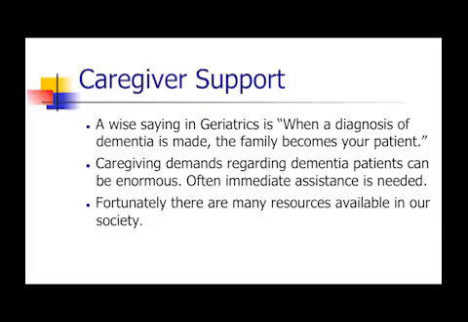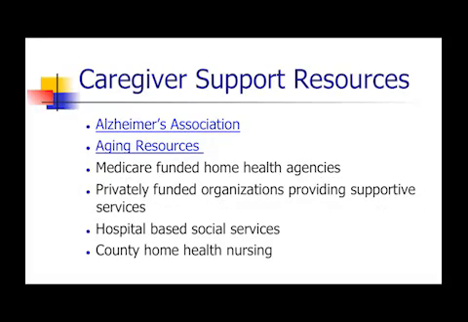Caregiver support. A wise saying in geriatrics is when you make the diagnosis of dementia, the family becomes your patient. Caregiving demands regarding dementia patients can be enormous. Often immediate assistance is needed. Fortunately, there are many resources available in our society, and we need to talk about caregiver issues right from the beginning. We have many support resources available, and really throughout the United States, these things are getting more and more